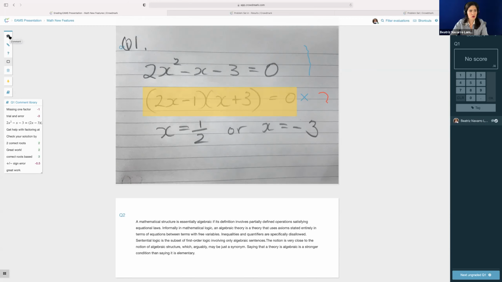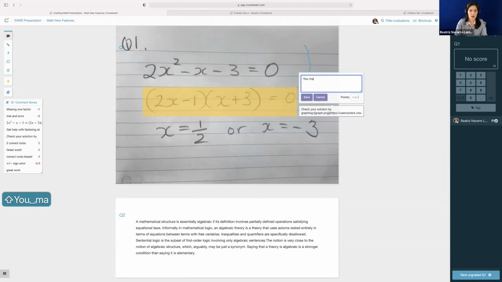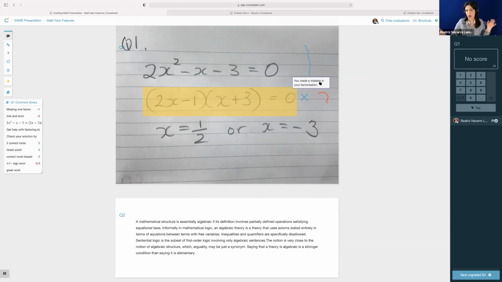Now let's say I want to write a comment. I can click on the speech bubble, or I can just hit the key V. When I do this, I say, okay, you made a mistake in your factorization. We can write this comment as is, or, let's say the question is worth a total of 4 points and having the factorization correct was 2 points, I can assign negative points to this comment and say -2.